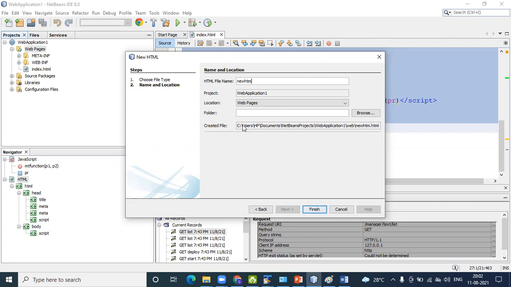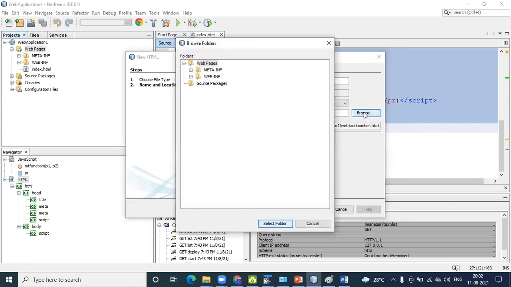So I define add number HTML, then I store the file.